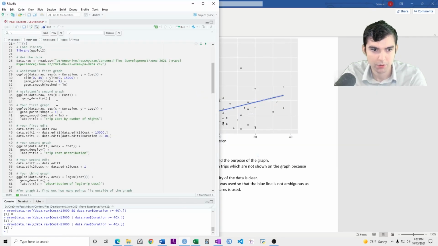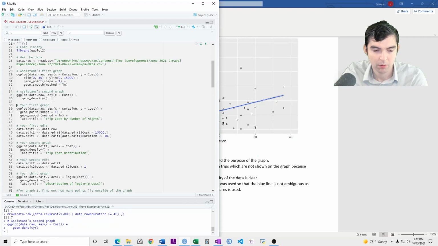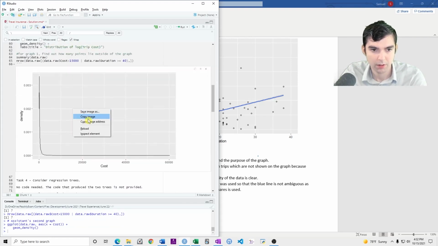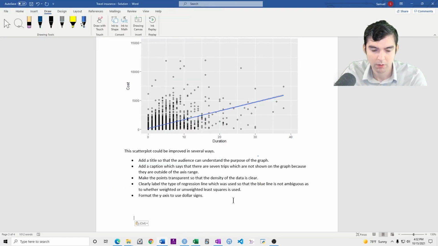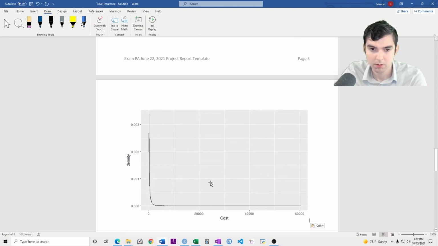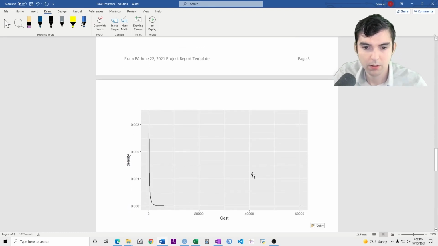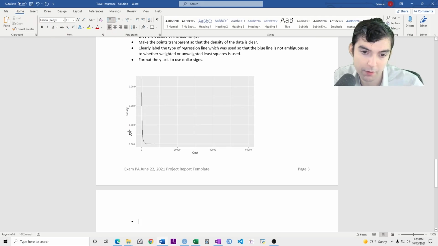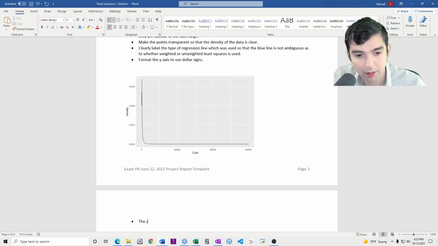And then moving on to the next graph. That's here. So this graph leaves a lot to be desired. This graph doesn't have a title. The y-axis has ambiguous units.